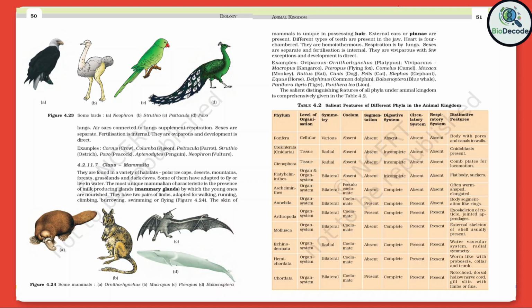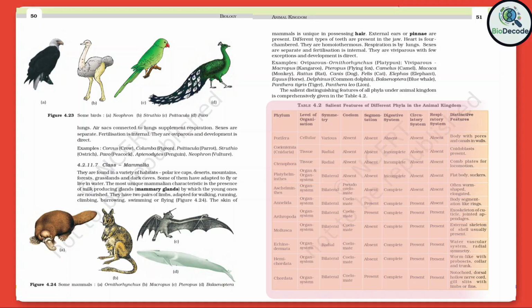The salient distinguishing features of all phyla under Animal Kingdom are comprehensively given in Table 4.2. Table 4.2. Salient features of different phyla in the Animal Kingdom. Let's explore the major animal phyla and their distinguishing characteristics, as summarized in this table. We start with the simplest animals and move toward the more complex forms, highlighting their organization, symmetry, body cavity, and unique adaptations. Porifera, sponges. These are the most primitive